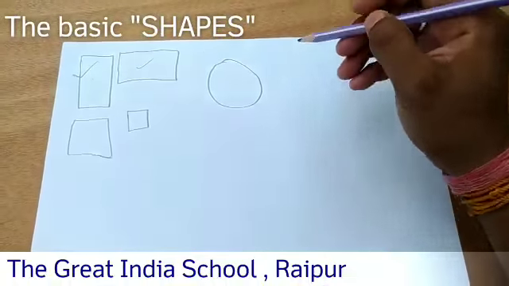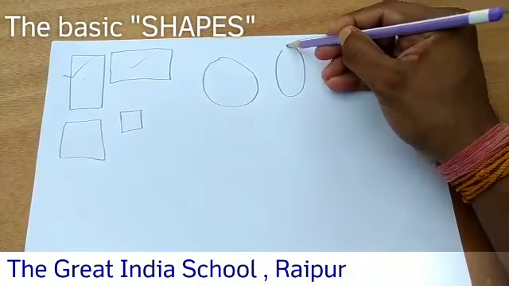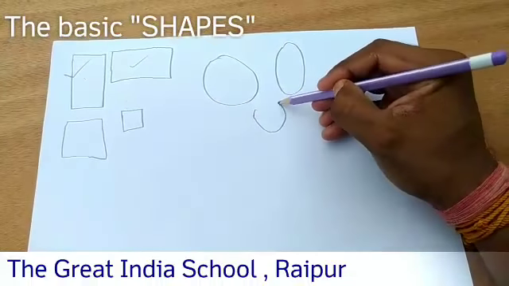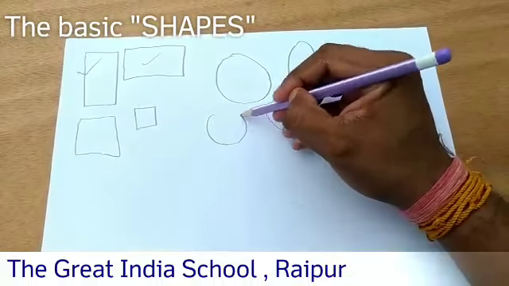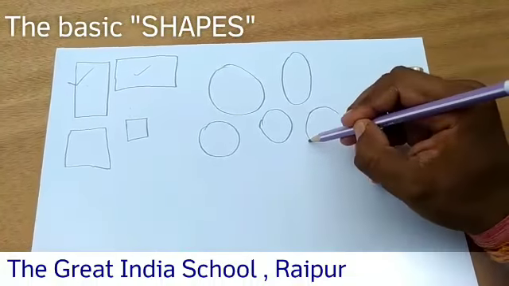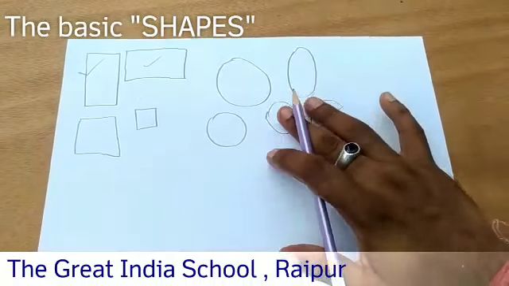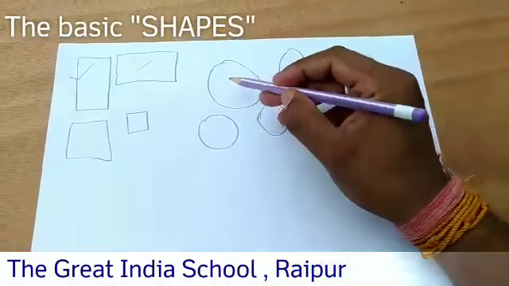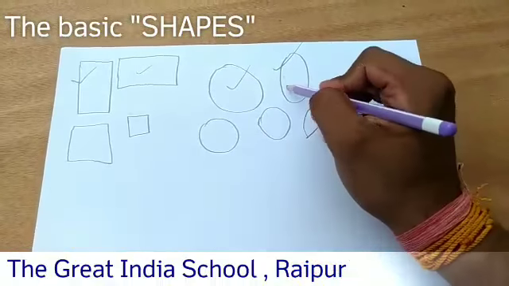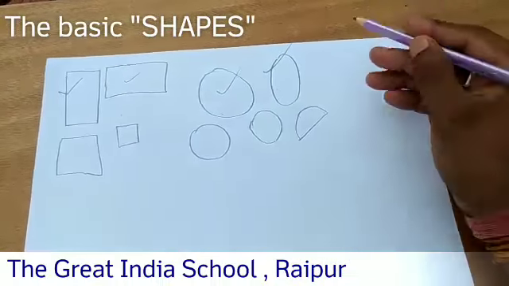We can also use a circle as an oval shape. We can use many kinds of circle as per our need. We can change it, and we can also use it as a semicircle. According to our use we can make the changes. So commonly we are using the circle and oval shape. Next is the triangle shape.